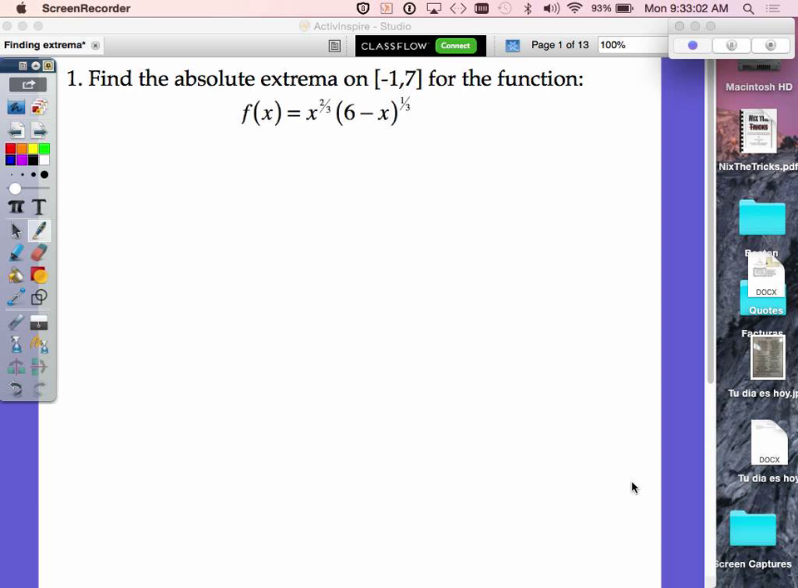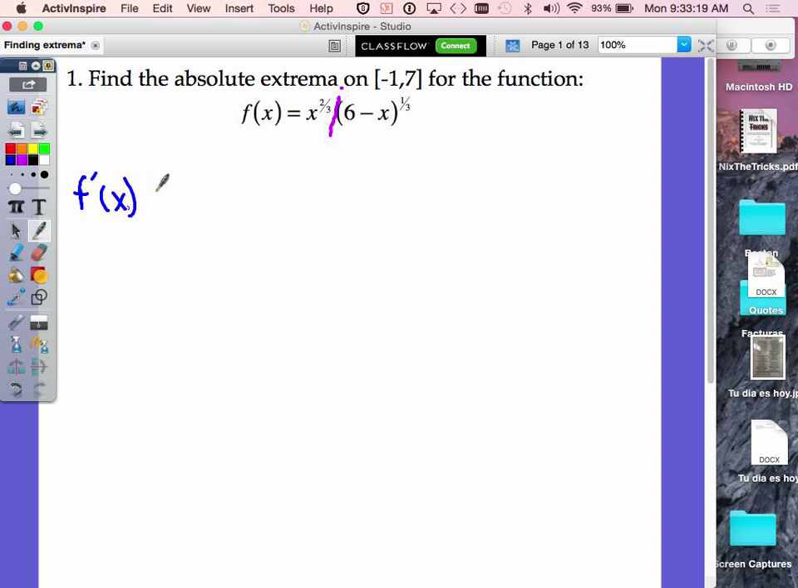So the first thing we're going to do is take the derivative of this function. And we can see here that we're looking at a product rule. We could imagine splitting this function right there, and we have a u and we have a v. And so we're looking for f prime at x is going to be u prime, which in this case is 2/3 x to the minus 1/3 times v, which is 6 minus x to the 1/3, plus u, which is x to the 2/3,